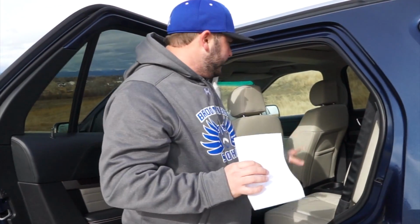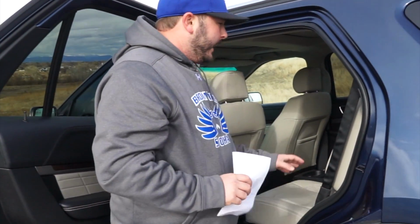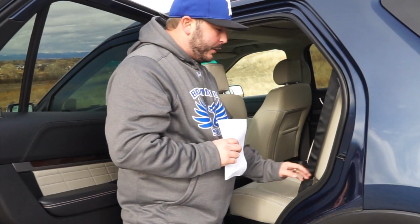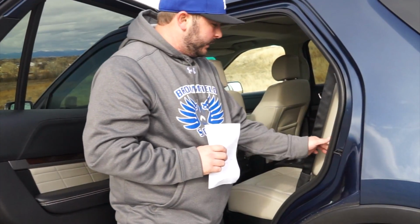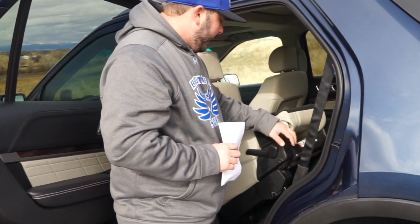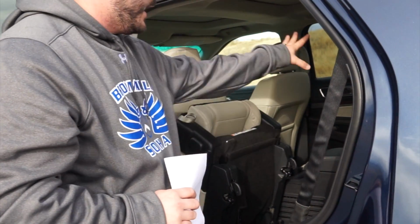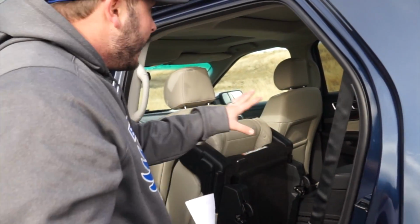All right, fans, we're here for the second row and third row, and I want to correct a mistake I made. I mentioned that the second row is manual to fold it down. However, there are buttons on both sides here. You just push this down and hold it, and the seat actually goes up. This one's kind of stuck. It doesn't seem like it's come up in a while. The other side's much more fluid. But to get in and out, very easy. You just step in,